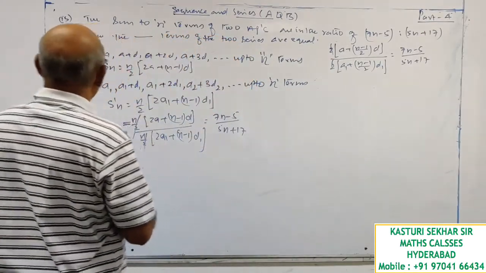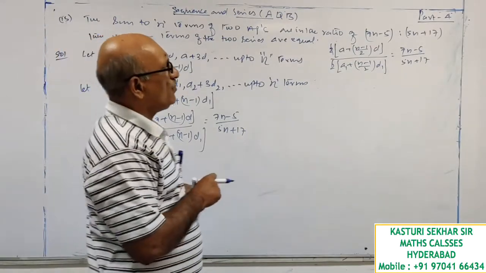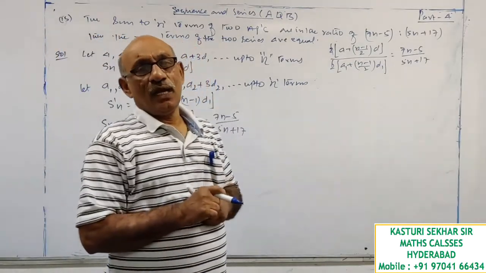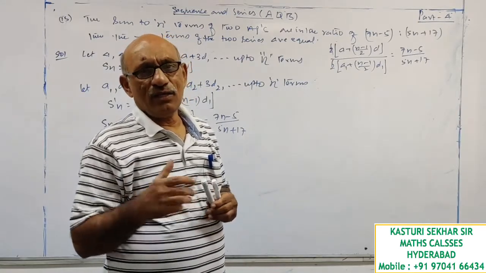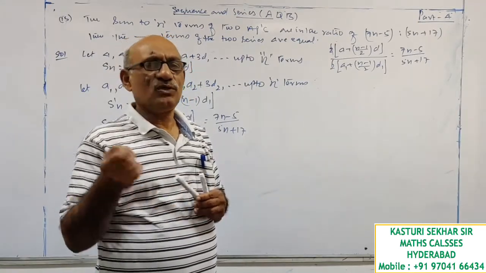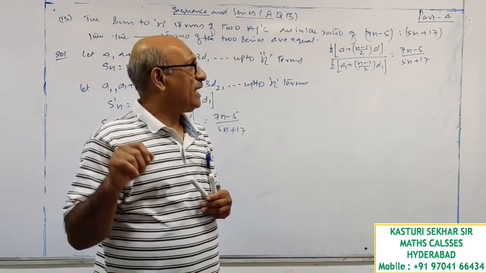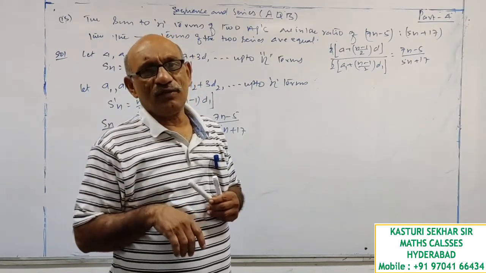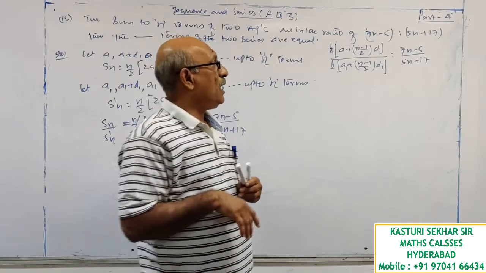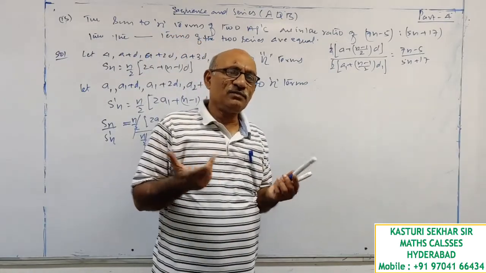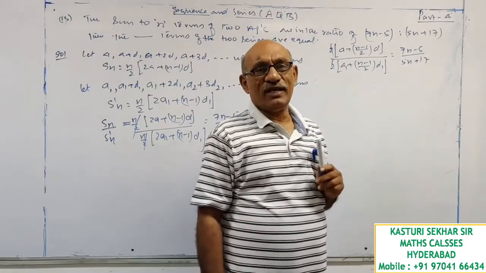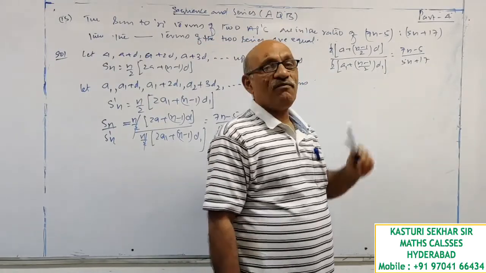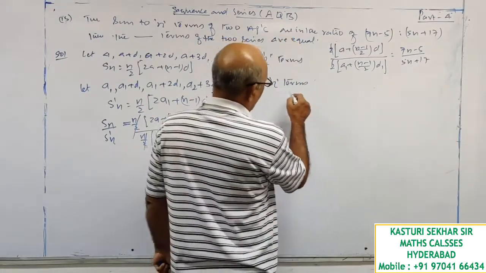Now what is given in the question? Which terms of the two series are equal? There are n number of terms, and you cannot verify each and every term. So I am taking help of the options. Let me check whether the 12th terms of the two series are equal. To say the 12th terms of the two series are equal means for one particular value of n, this ratio will become 1. Let us see that.